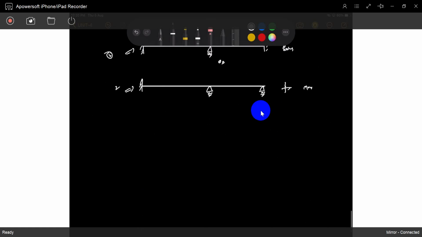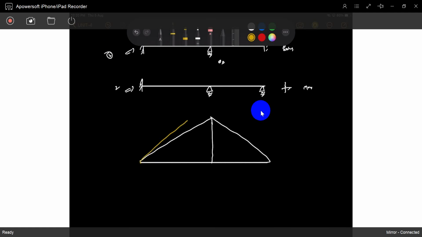So you already know how the bending moment diagram will come. The bending moment diagram will come like this. I don't know the values. You already know this value is 80, this value is 135. You just want this value. We already solved this type of problem in force methods. I want you to solve it in displacement methods. Okay, that's the story.